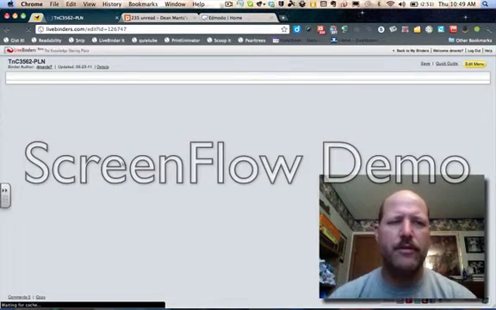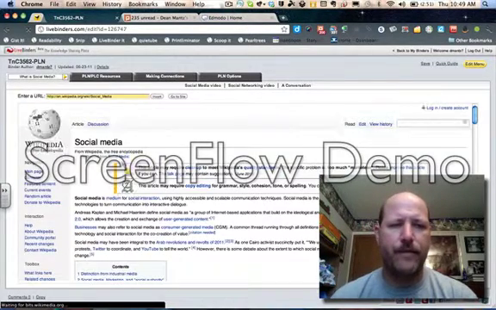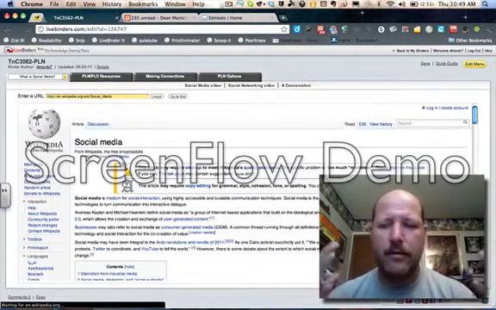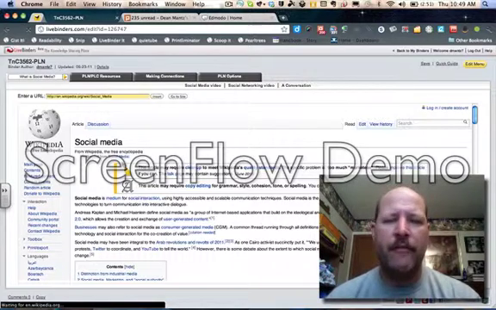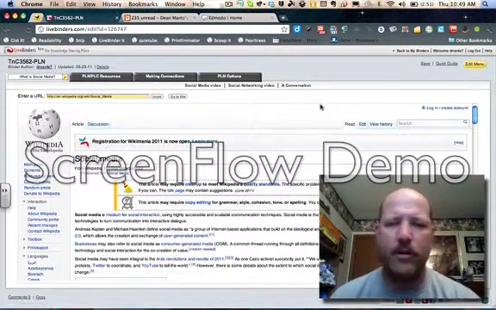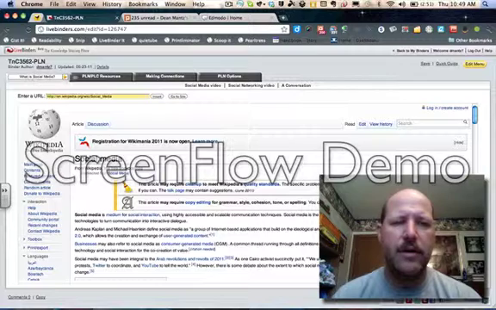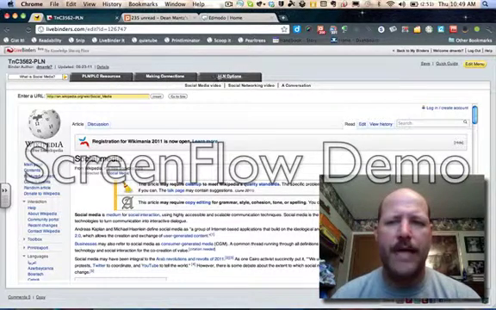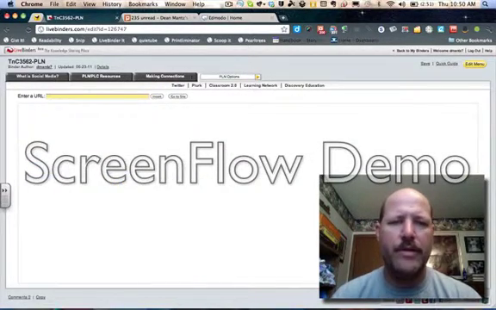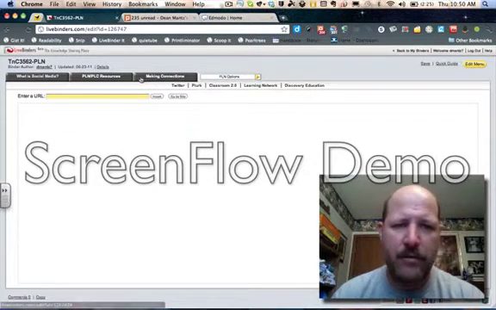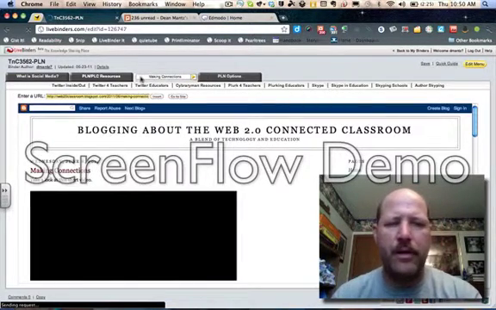This is going to take you to this site right here. This is what we call a LiveBinder. It's a 3-ring virtual notebook. Each one of these across the top are called tabs. In these tabs, the links down underneath are going to be your sub-tabs or links out to other additional